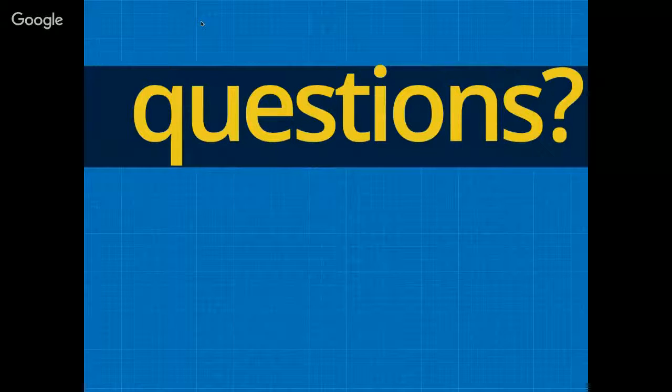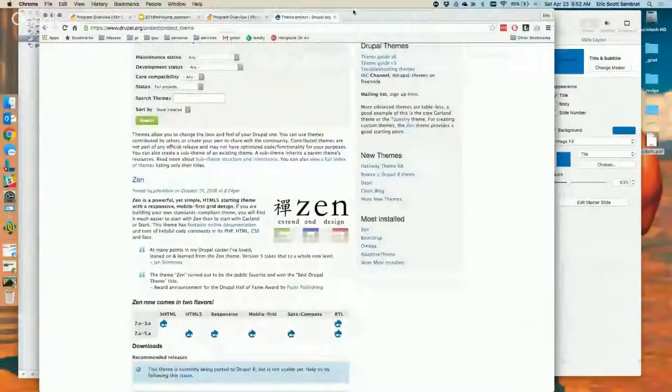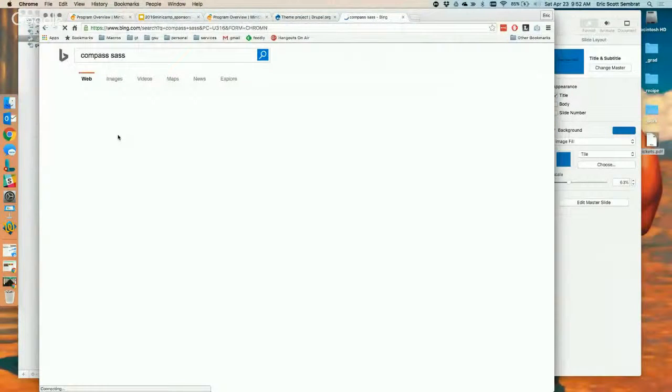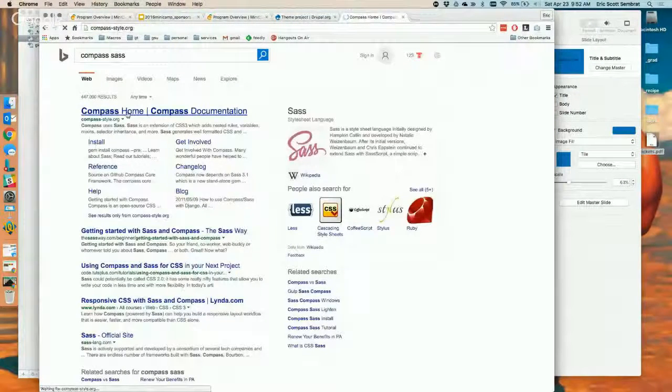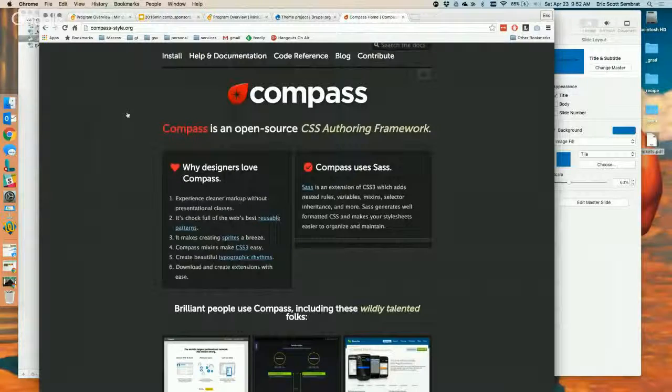So Compass reached end of life, and what's funny is that they actually announced it in a tweet, a tweet of the maintainer of it. That's the only place you can find it. If we go to Compass right now, just because I love showing this off, Compass Sass. Is there anywhere on this page that says that it's end of life, that it's not being maintained anymore? The answer would be no,